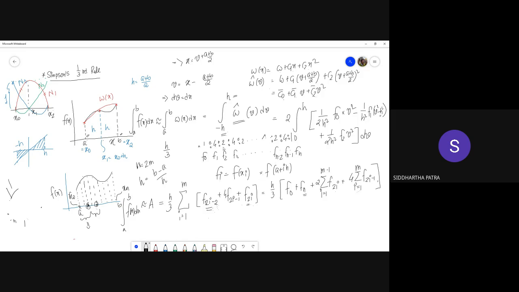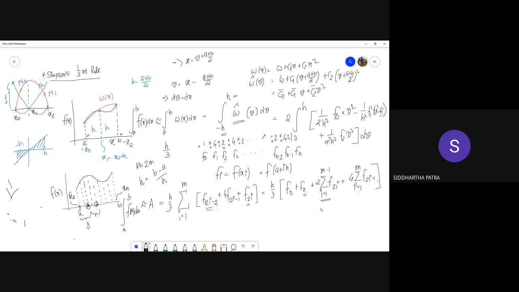So for any given segment it is 1 is to 4 is to 1, but when two segments meet, a given extreme value has a coefficient of 2. So it is 1 is to 4 is to 2. And hence, this is what the final expression should be.